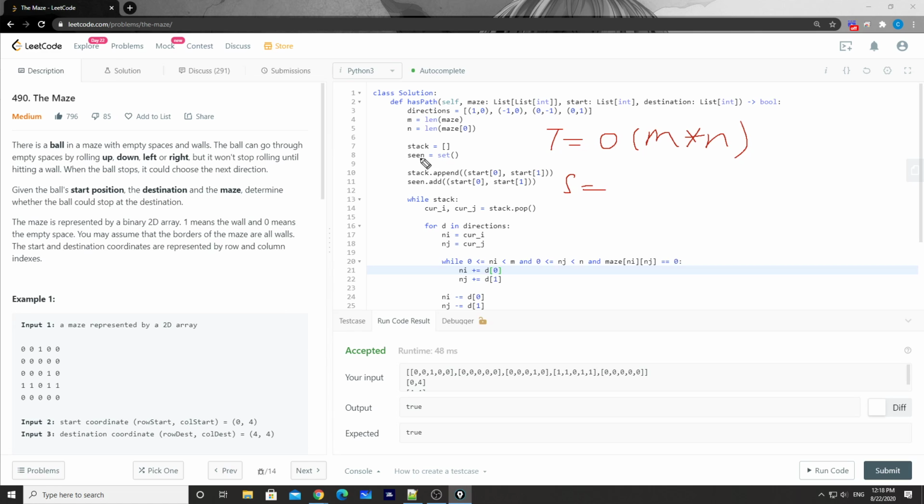Space is the same. Space is also like seen. It's the same as the time because in the worst case, we will be storing all the elements into the seen set here, which is also m times n. Okay, cool. I think that's it for this problem.